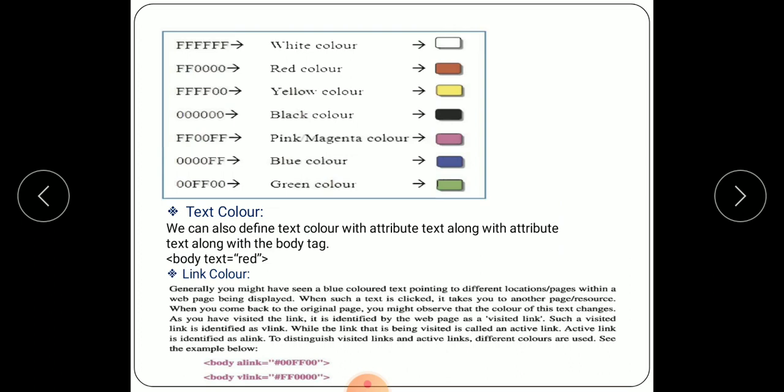FFFF00, shows your yellow color. 000000, six times 0, shows your black color. FF00FF shows your pink magenta color, and 0000FF shows your blue color, and 00FF00 shows your green color. So these are the examples of color codes.